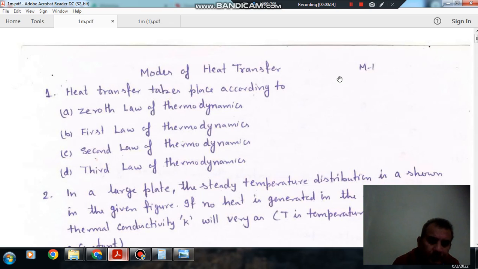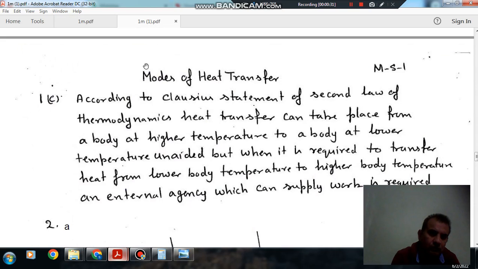Question number one: heat transfer takes place according to option A, zeroth law of thermodynamics, option B, first law of thermodynamics, option C, second law of thermodynamics, option D, third law of thermodynamics. So answer is C. According to Clausius statement, the heat can transfer